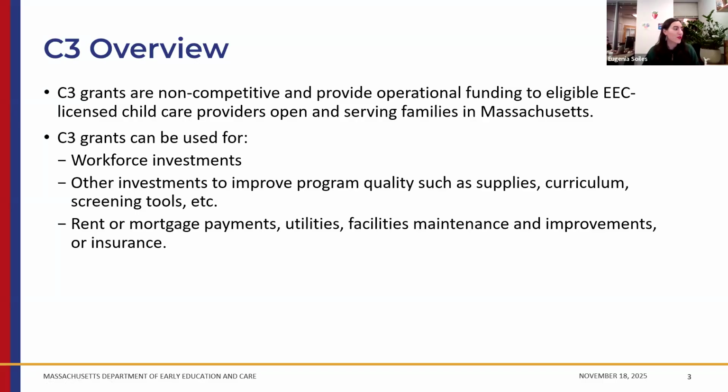For general fund use, you can use these for workforce investments, improvements to program quality, like supplies, curriculum, and screening tools, or for things that help support your business, like your rent, mortgage payments, utilities, or different improvements to your program itself. Insurance is a big one too. So that is what C3 can be used for.